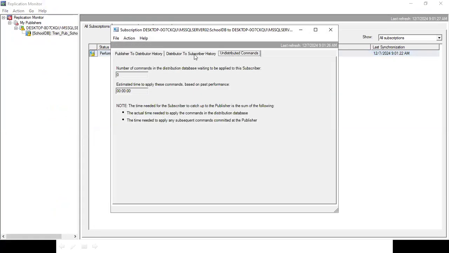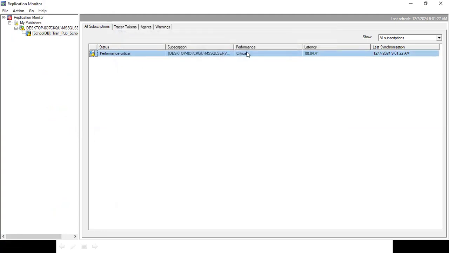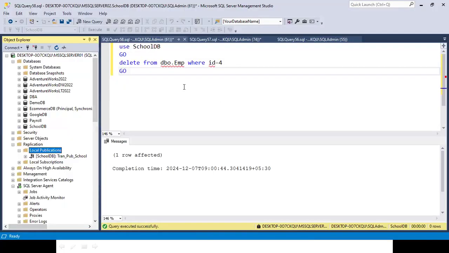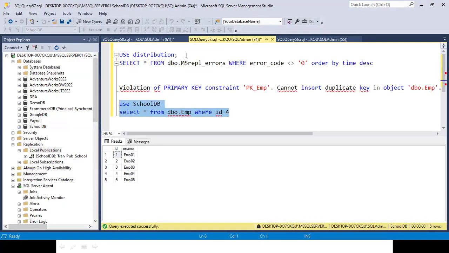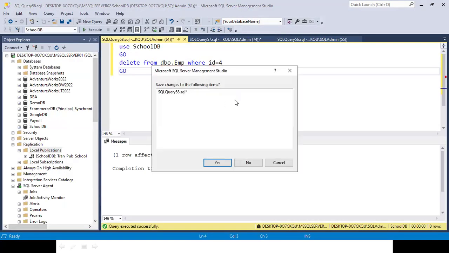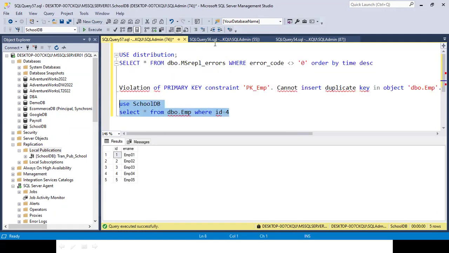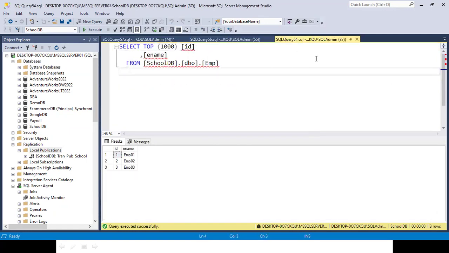Okay, now it's 0, and after some time you can see it's converted into green. Excellent. But we have to delete whatever command is there. One MS command is there, so in the MS command, basically, we have to delete that part.